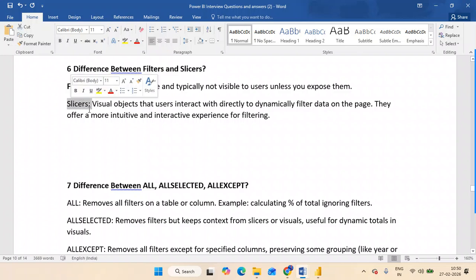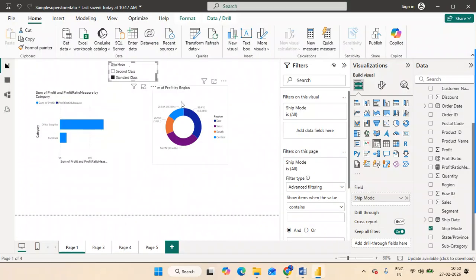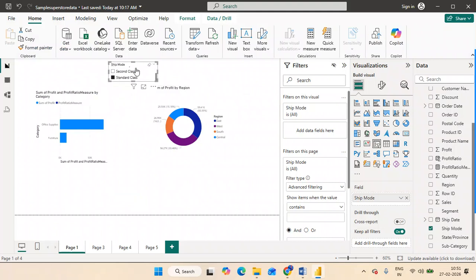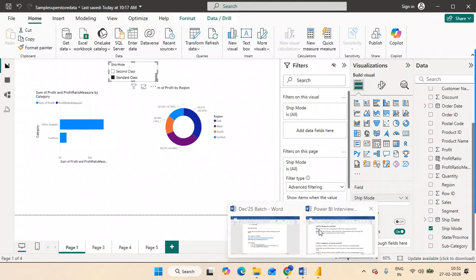Okay, so now if you see this, that is the main use of this. Once you have added something like this, the filters are going to be static, whereas slicers filter the data on pages in a dynamic way. Just mention one first point, that is more than enough: filters are very useful for the developers, slicers are very useful for the clients. Because when you publish it we cannot see the filters pane, we can see only the slicers pane. You can explain that at the end.